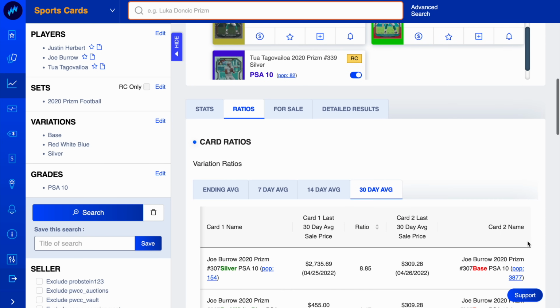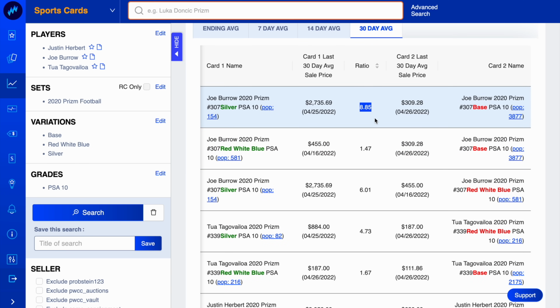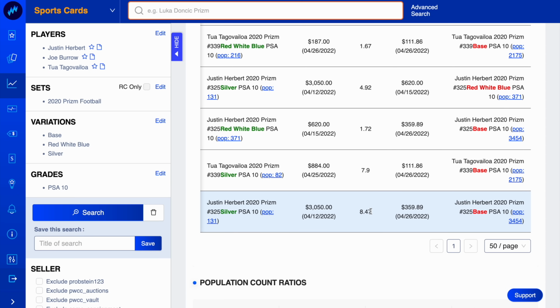Now, if I go down here in Market Movers to the Ratios tab, this is where Market Movers will show me the multiplier between the different cards that I'm looking at in the graph. So for example, Joe Burrow's 2020 Prism silver PSA 10 is selling for almost 9 times what his Prism base card in PSA 10 is. If I look at that same ratio with somebody like Justin Herbert, you can see that Justin Herbert's 2020 Prism silver PSA 10 is selling for about 8.5 times what his base PSA 10 is selling for. And I can see just above that Tua's silver PSA 10 is selling for about 7.9 times what Tua's base